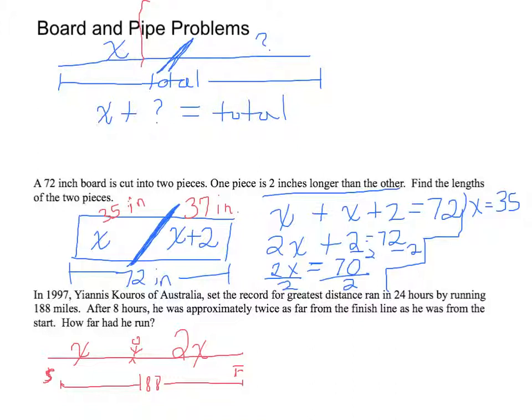So all I'm going to do is say x plus 2x and set that equal to 188. So if I say x and 2x, I'm going to get 3x. Then if I divide by 3, I'm going to get x is equal to